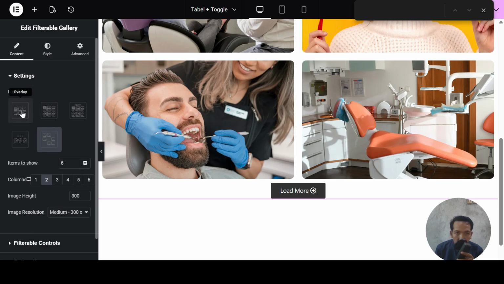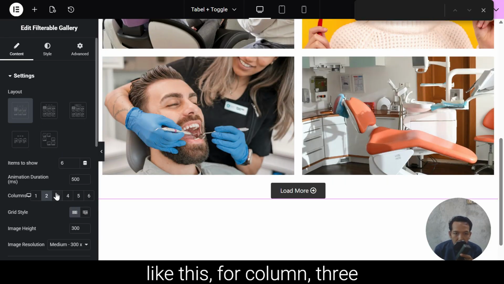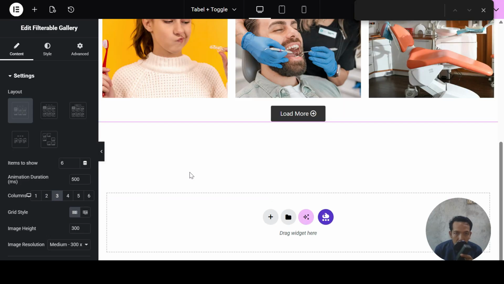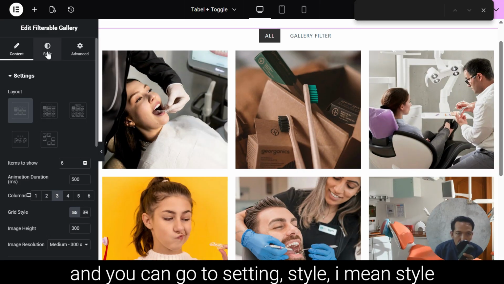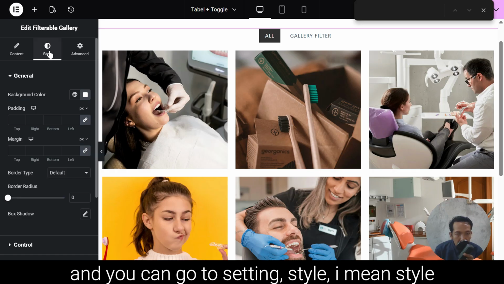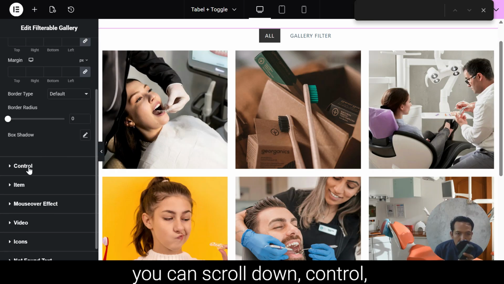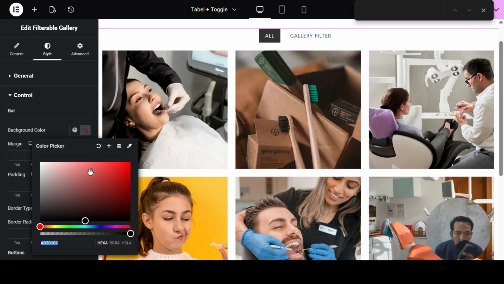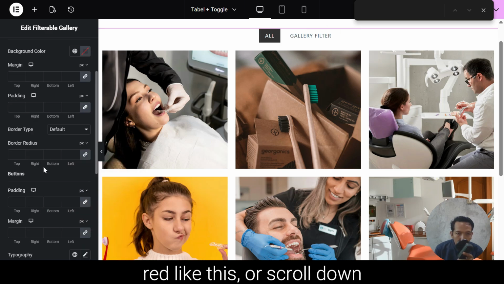Back to setting and select overlay like this. For columns, 3 like this, and you can go to setting, style. You can scroll down, control, background, red like this, or scroll down,